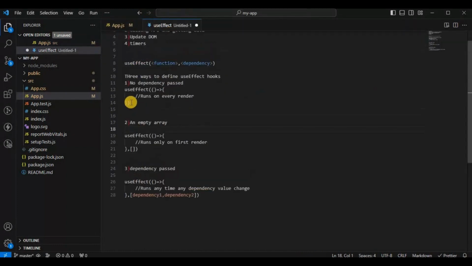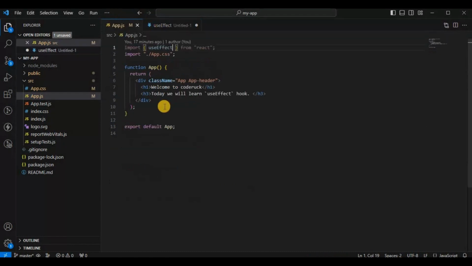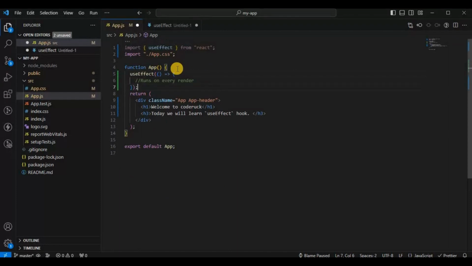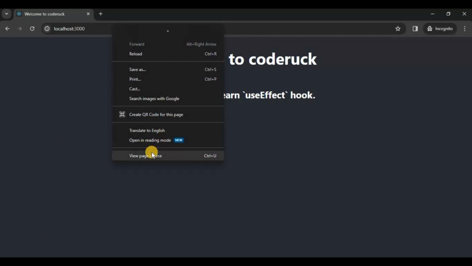Now first we will define useEffect when no dependency is passed. Definitely we have to define useEffect here, and if we do console.log "run on every render" and save that one, and then open the console,